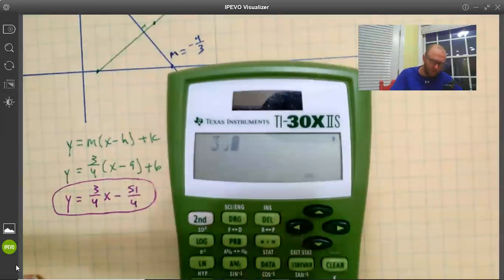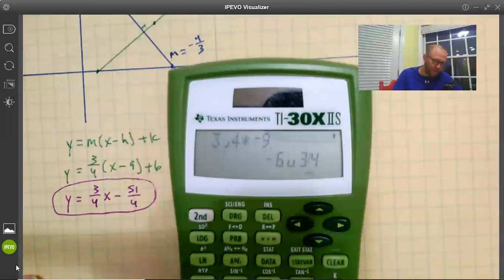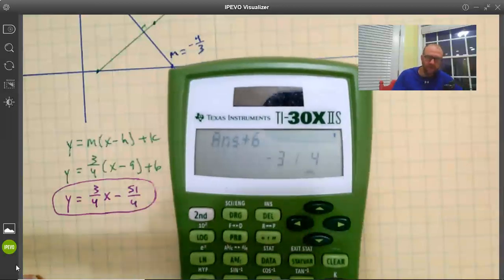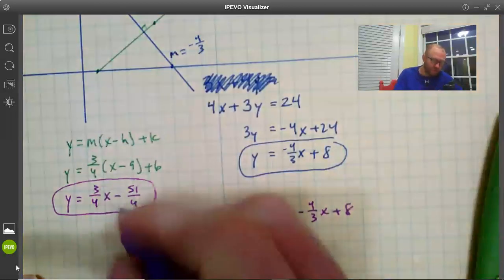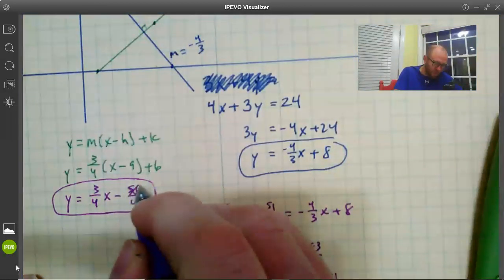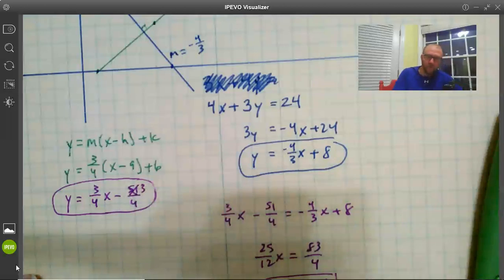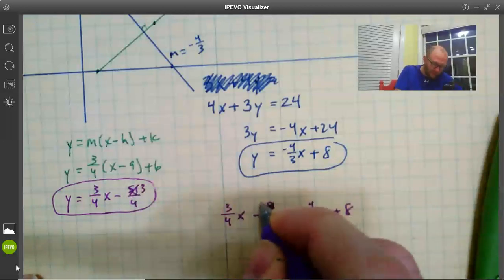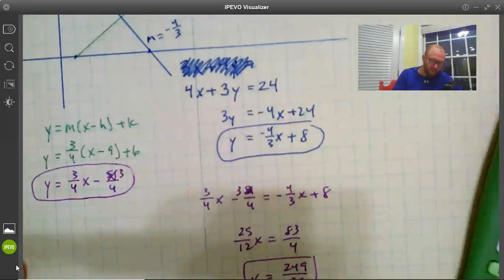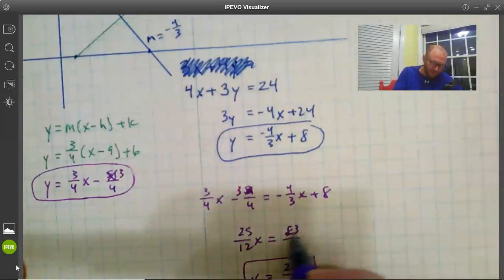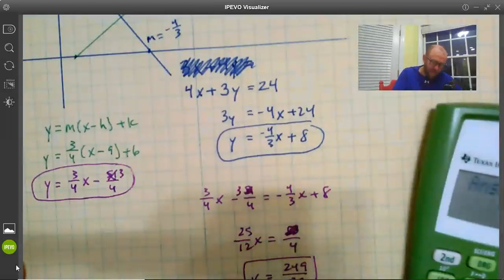Oops. 3/4 times negative 9, and then plus 6 is negative 3/4, which seems a little more reasonable. So that should be negative 3/4, which makes this negative 3/4, which makes this, let's see, 8 plus 3/4